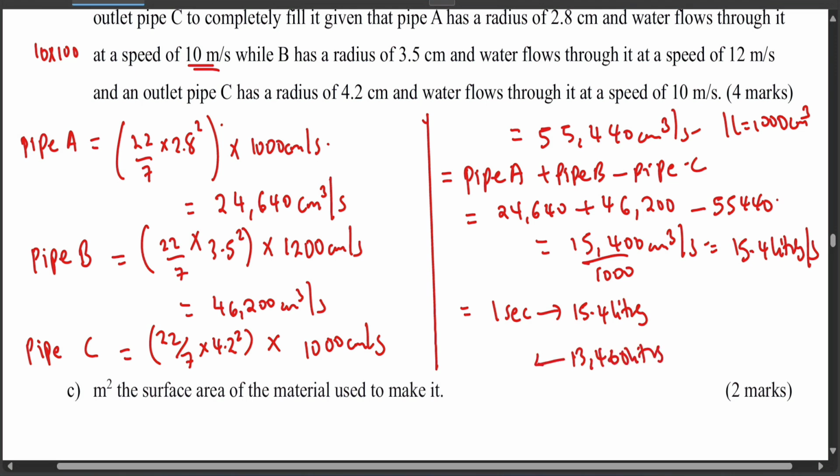So itajaza in how many seconds? So just take 13,460 times 1 divided by 15.4. So 13,460 divided by 15.4, itakupa around